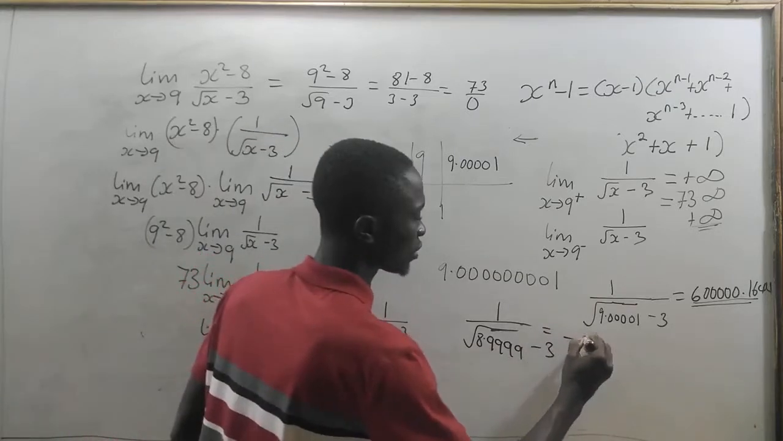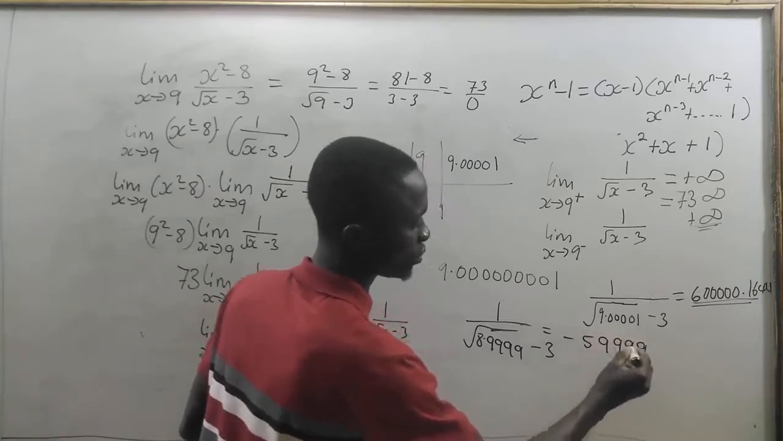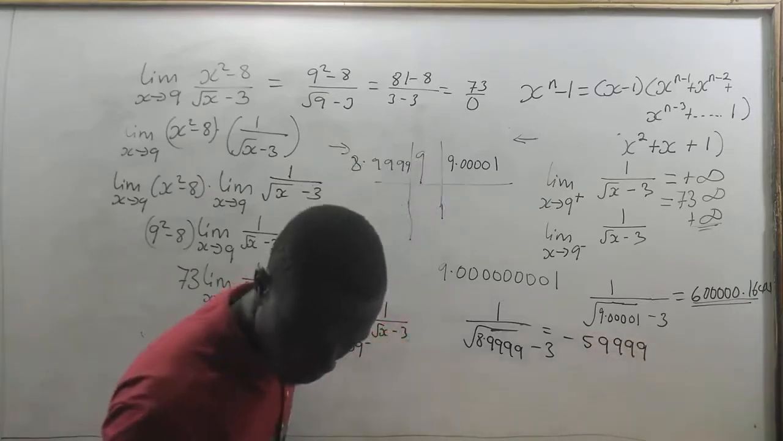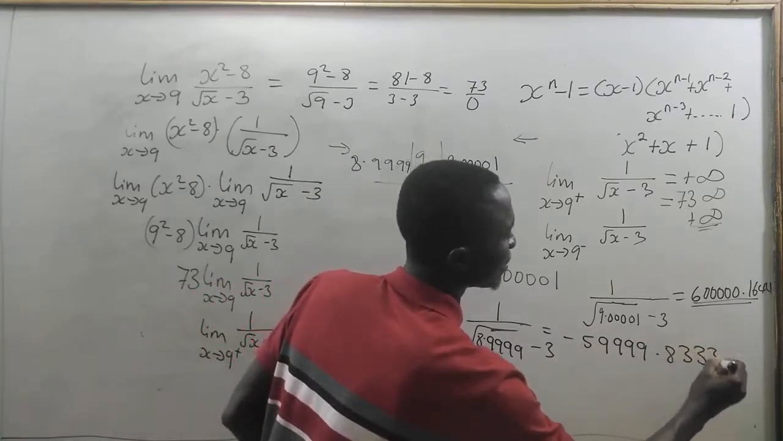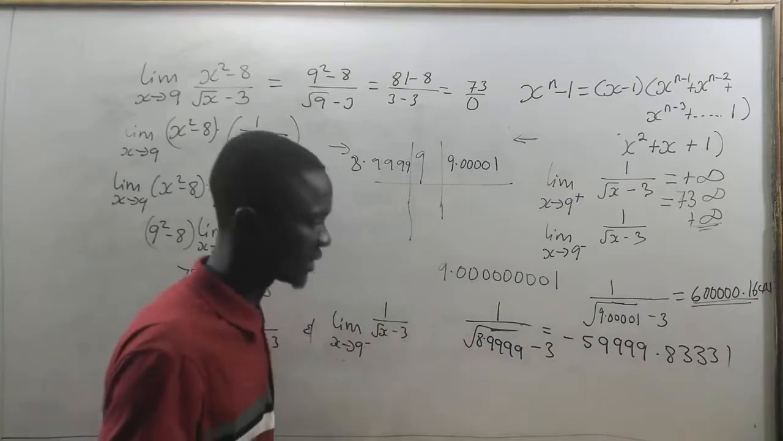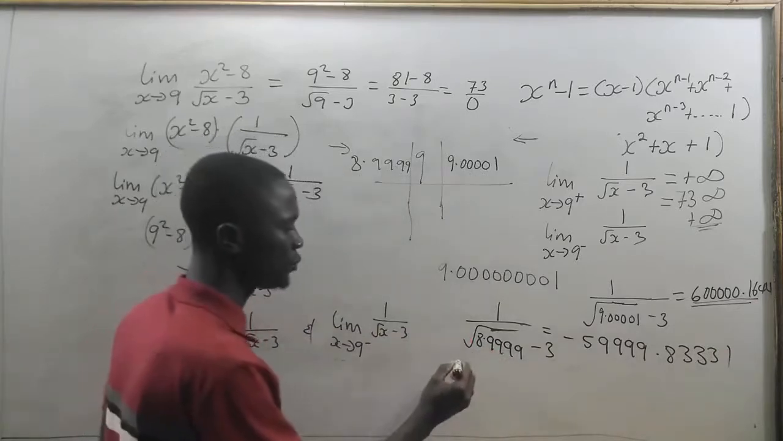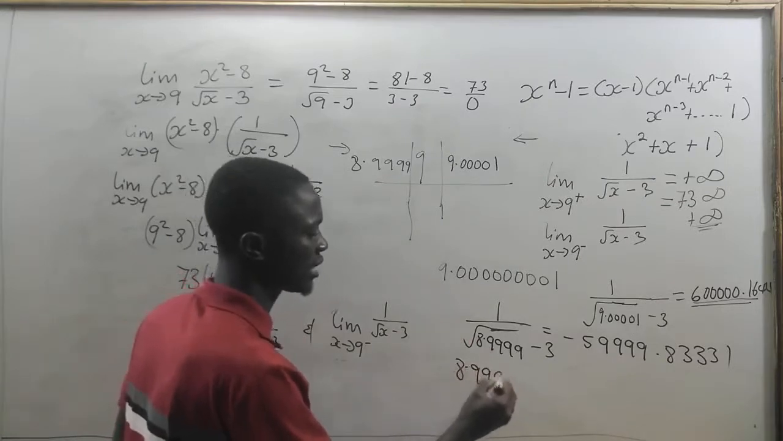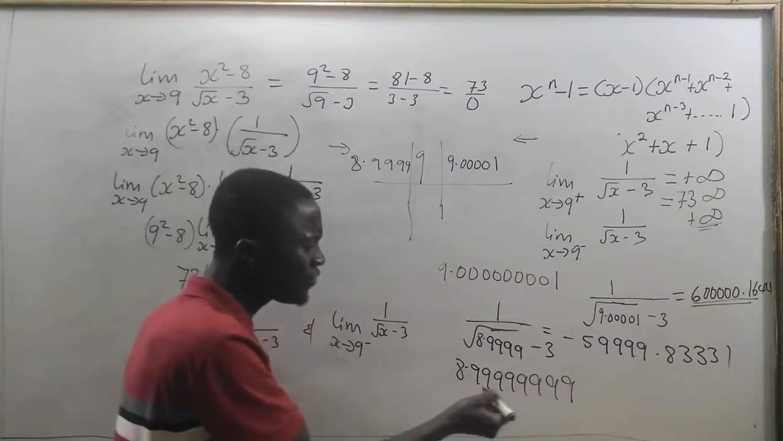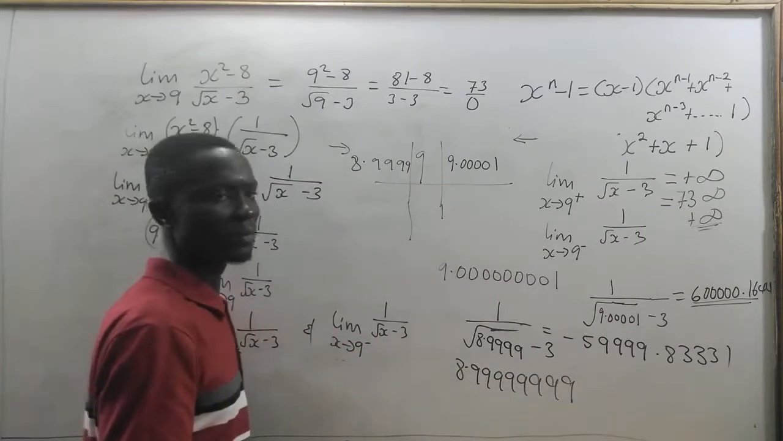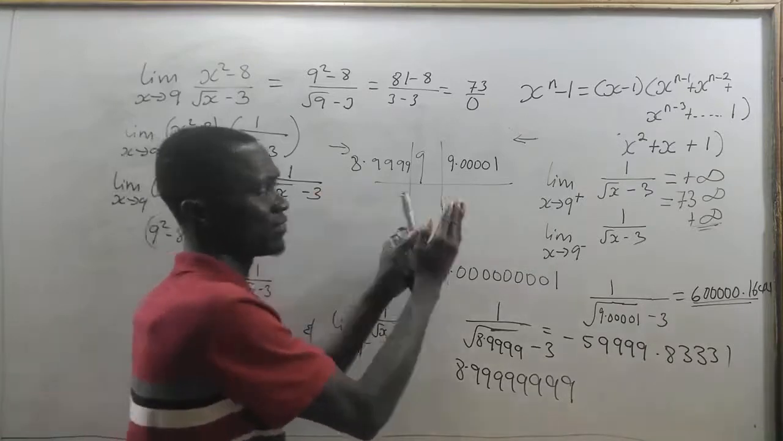This will give us 0.83331. Yes. That is if we pick 8.999. So it means that if we pick 8.9999999, which is very, very close to 9 from the left,